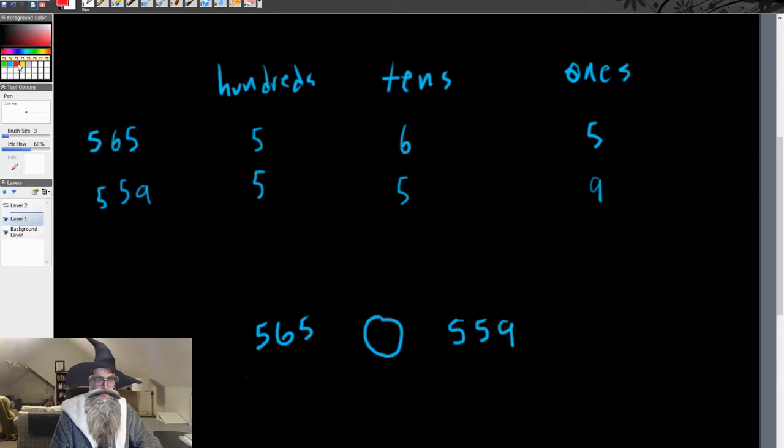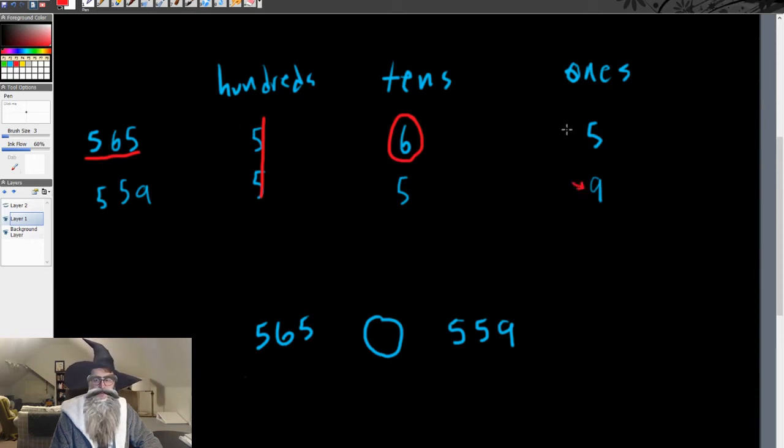So I'm going to take another color and I'm going to mark that out. We can't use this to compare because they're the same. So we have to go on to our next one. Now we have 6 tens versus 5 tens. These are different, so we can compare. This 6 is bigger, it's greater, which means that this number, 565, is greater than 559,